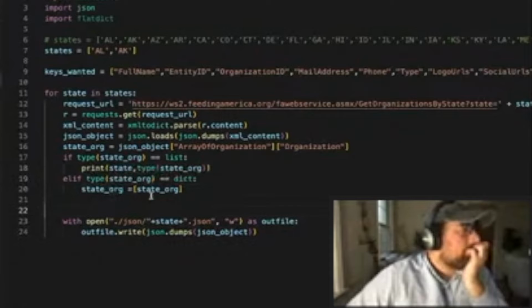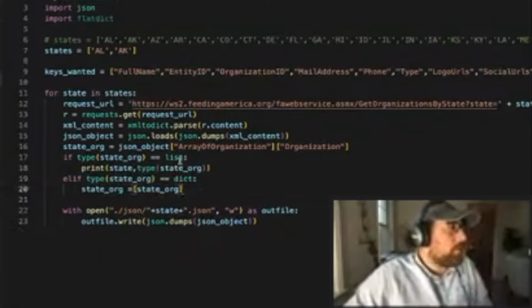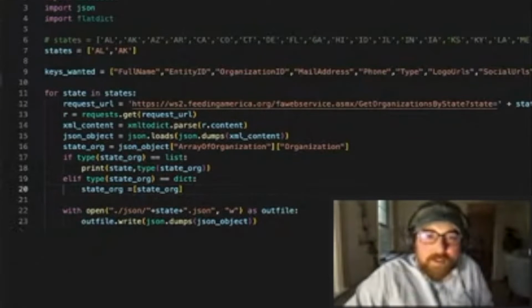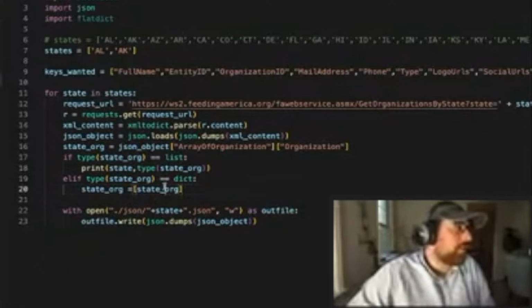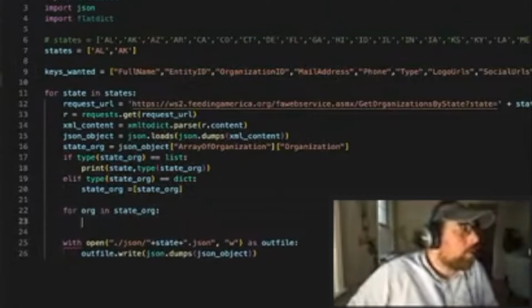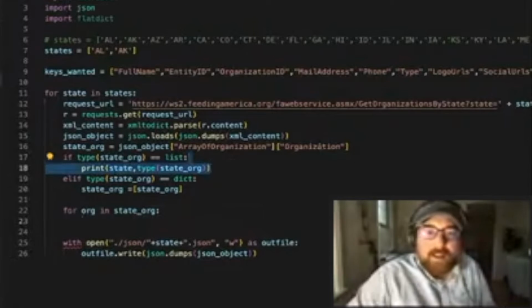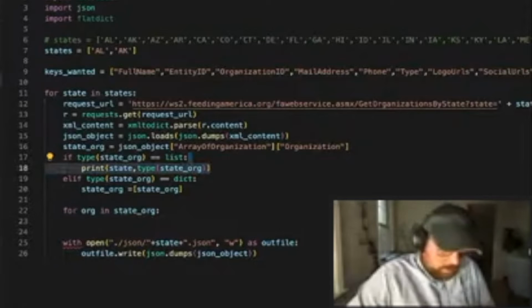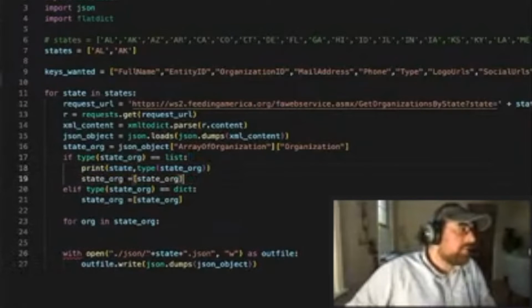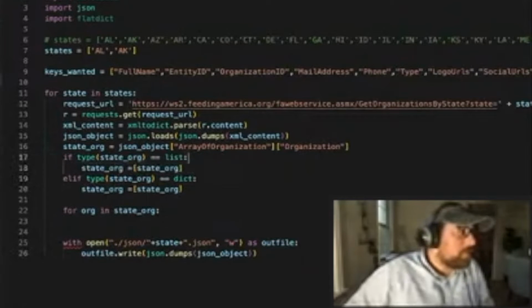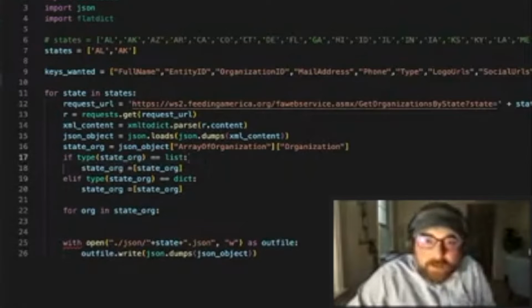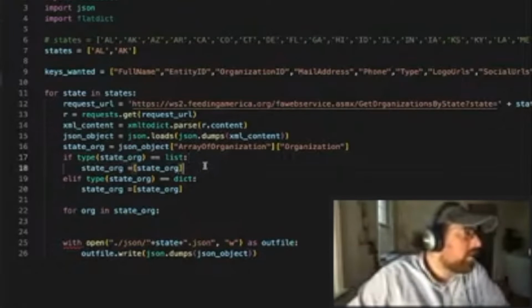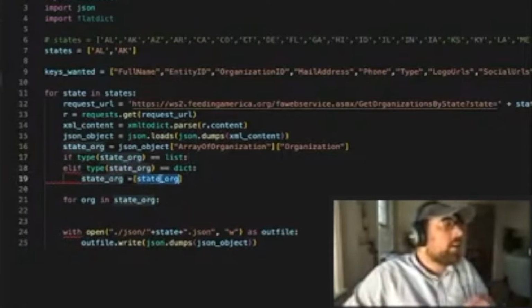All right, what's next? So now we know whether there's one or many. So now we need to go and format our final data. We have attributes that we want to get out of that. So for each of my organizations in my organizations array, either one or many, I basically want to append my state array to these. So if it's a list, it's going to be just fine if it is org array. Otherwise,